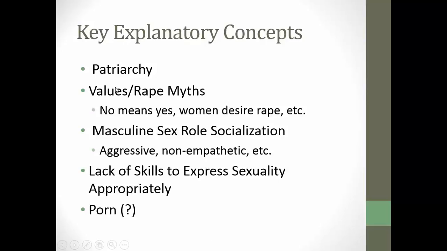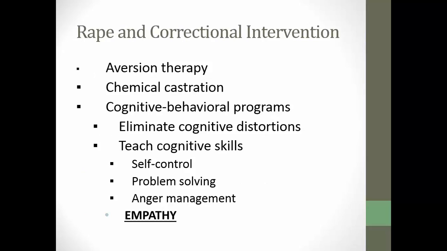In terms of which are supported the most, I would say attitudes towards rape and sexual assault in women, and socialization are the two big ones that have been confirmed over and over in research that relate to rape and sexual assault. In terms of what we do with people who engage in these crimes, we've tried a variety of things in terms of rehabilitation. I think one of the myths is that sex offenders are untreatable. You hear that over and over, like, oh, they're a sex offender and they're a pedophile and they can't be cured. The evidence is that good correctional interventions reduce sexual offending at about the same level as they do other forms of offending.